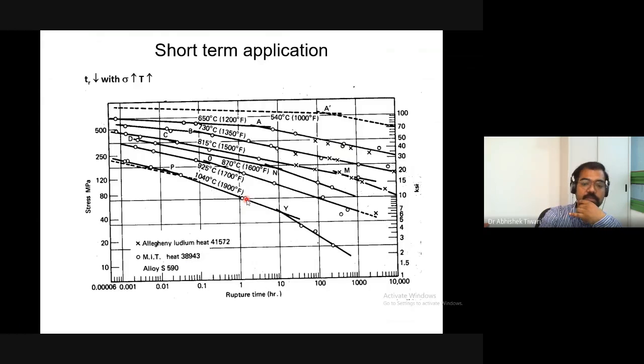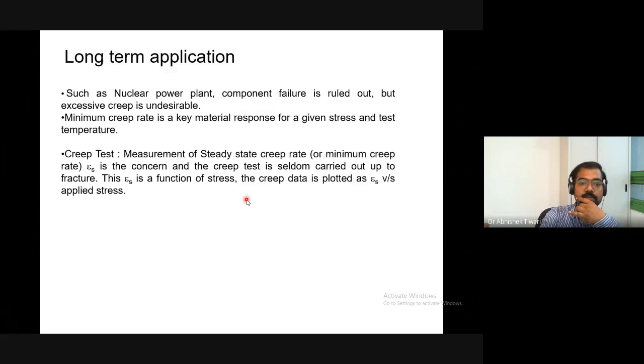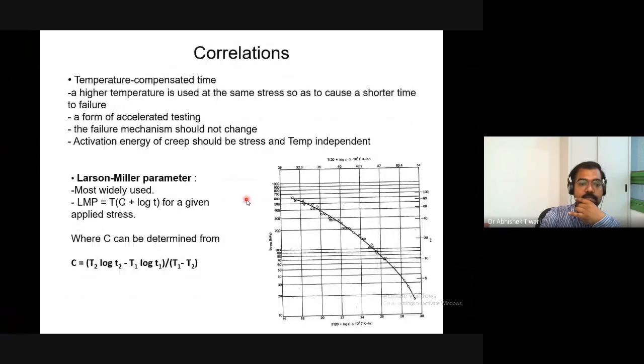So then, if we see, and we have discussed the Larson-Miller parameter also. Here the Larson-Miller parameter versus the stress is plotted, and we have discussed an example also in the last lecture, that you calculate the Larson-Miller parameter. So for example, 100,000 hours, and you want to know at which stress the material will fail. So you calculate the Larson-Miller parameter, and you find out